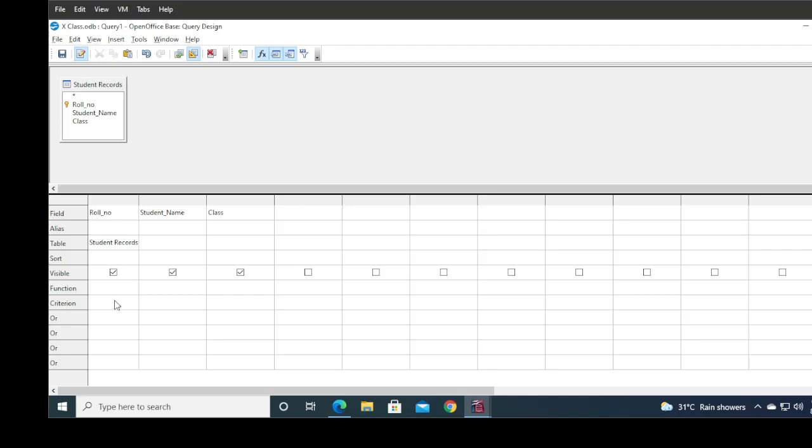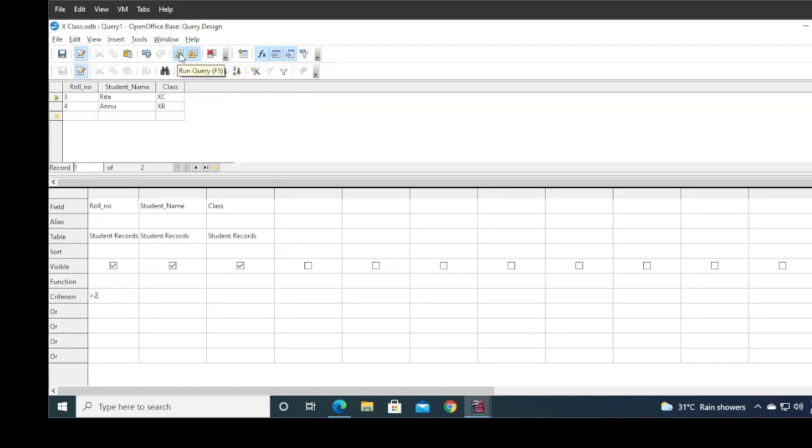If you want the roll number greater than 2, you can write down directly a condition here, roll number greater than 2, and then you can just click on run query. Then you can see this is your query with single table and single criteria.